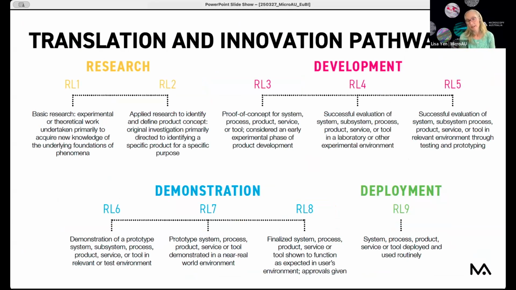So there's a lot of talk within Australian government about technology readiness levels. And of course, these have got some histories back in NASA and getting to the moon. But this idea of linking between basic research all the way through to a deployed and routinely used pathway, so that you get all of those steps along the way, and trying to think about how research infrastructure can really enable